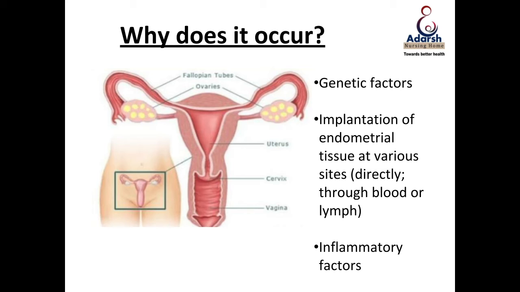The most important thing that we need to understand is a genetic cause. If your sister or your mother has endometriosis, you have a 20 to 30% higher chance of having it. So it is definitely something to do with the genes, specifically passed on from the mother's side of the family. It doesn't matter if your father's sister or your father's mother had it, but if your mother has it or your sister has it or your mother's mother had it, you have a higher chance of having it. Secondly, like I said, it is the presence of this endometrial tissue, which is supposed to be only in that triangular uterine cavity, outside the uterine cavity.